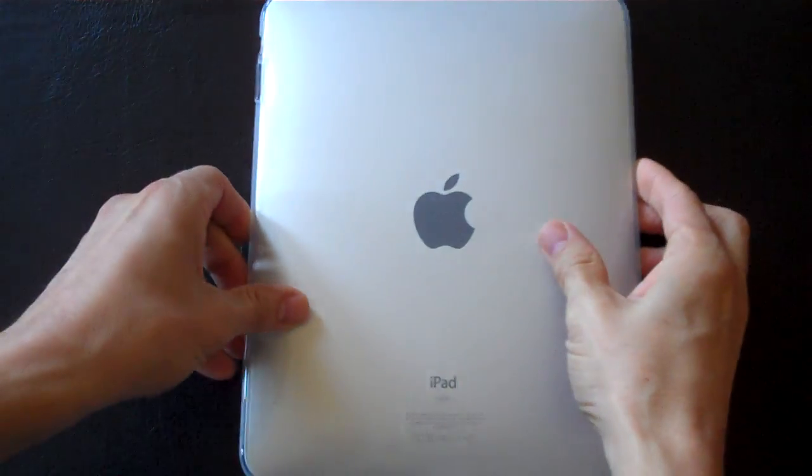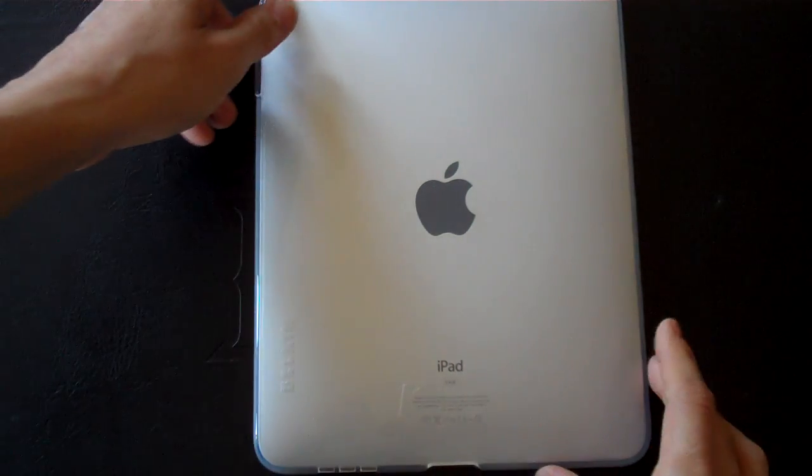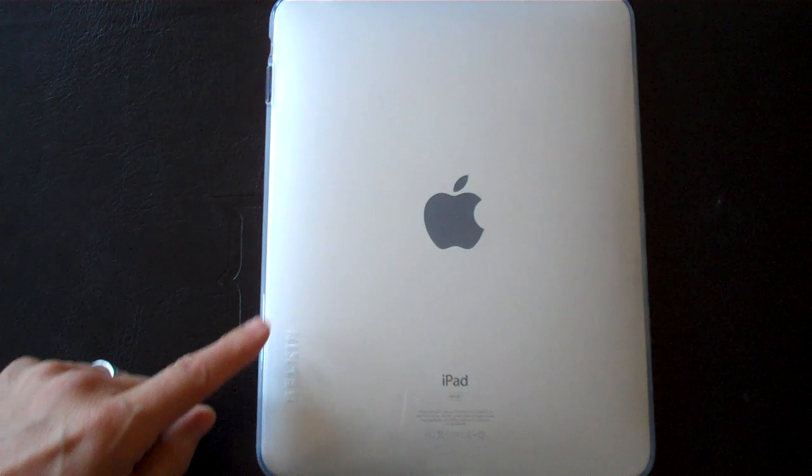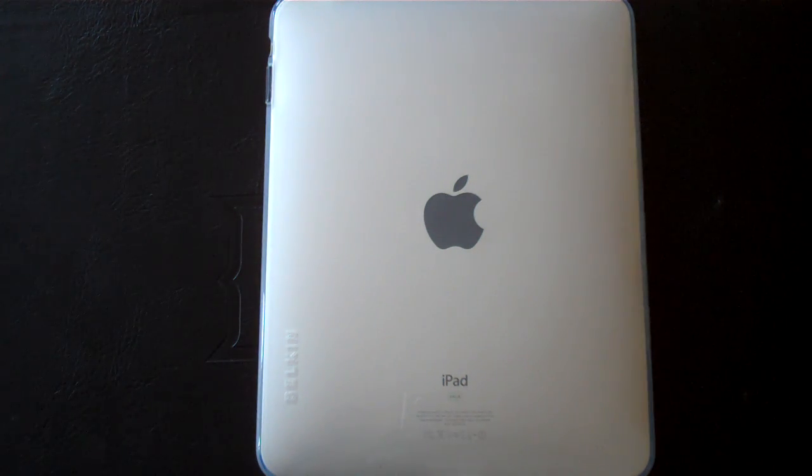Your sleep button. And it covers it all the way around. And the back is beautiful, as you can see. There's really no visible branding from Belkin other than a slight clear text that says Belkin on the side. But I got to tell you, I was leery about getting this case because